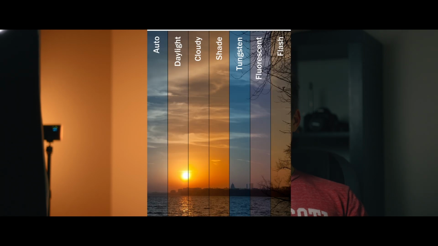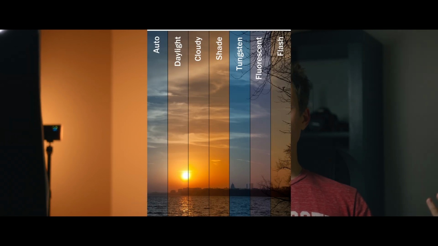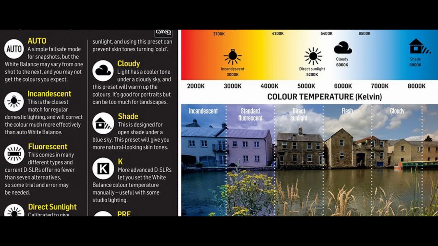So the first thing you definitely have to change is turn off auto white balance. When you have auto white balance on, your camera is guessing what the white balance should be, and lots of times your camera has no idea what you want out of an image. So basically what white balance is, is how warm or cold the image is, and you want to balance it perfectly to get perfect white. Your camera is not going to be able to guess what the white balance should be very well 100% of